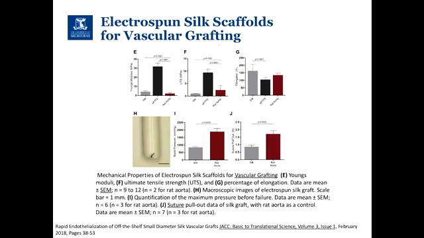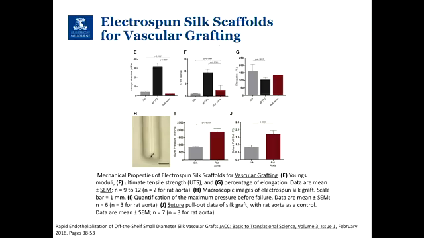Just comparing them there, particularly with the Young's modulus and the UTS, the ePTFE is way higher than the rat aorta. And looking at silk, I'm not saying it's the same, but it has more comparable mechanical properties to the rat aorta than the ePTFE. So I guess the other thing is you want something that's strong, but if it is too stiff, depending on which mechanical property you're looking at, is it going to behave nicely when you implant it?